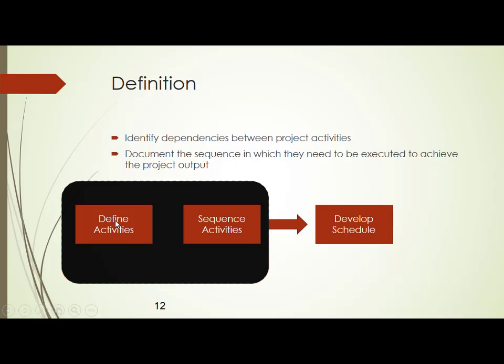But what you have to understand here is, you have to identify dependencies between the project activities. Why am I doing this process called sequence activities? Because if your work package has 6 activities, activity 1, activity 2, activity 3 till activity 6, I want to find out, is there any dependency between the activities? So you will understand what is the meaning of a dependency now. There could be a situation where activity 2 is totally depending upon activity 1.